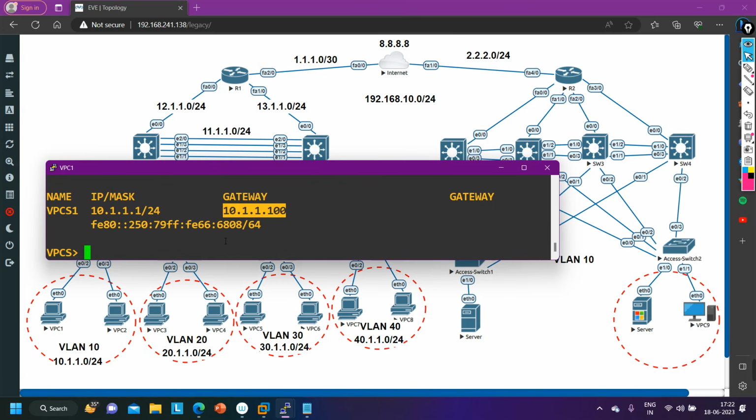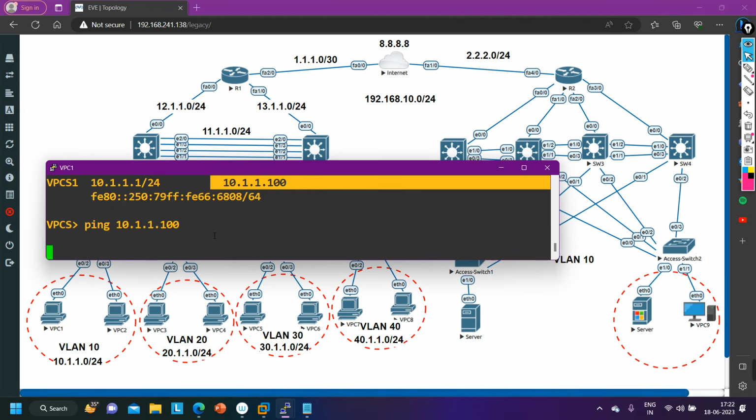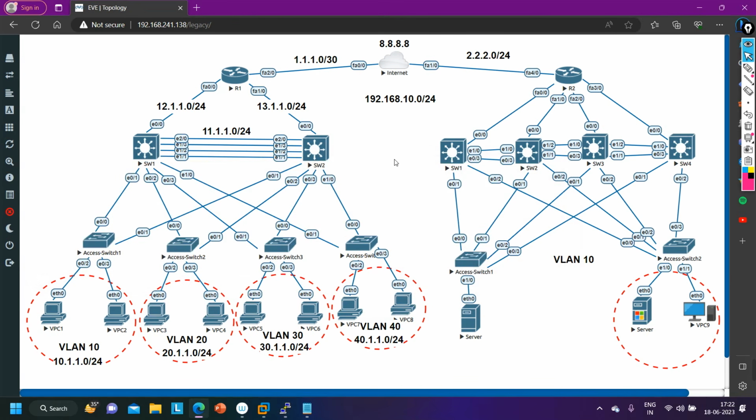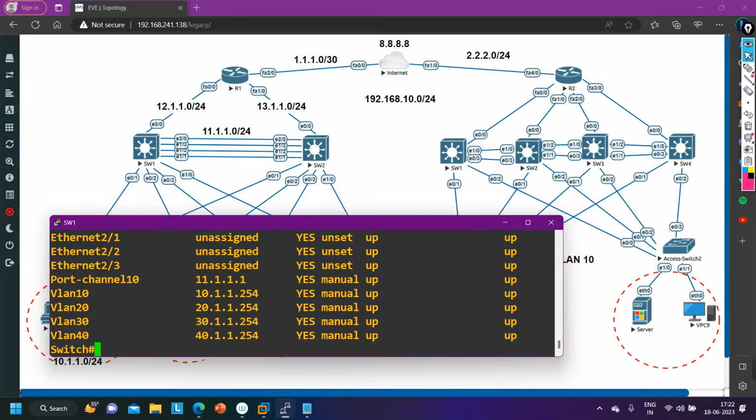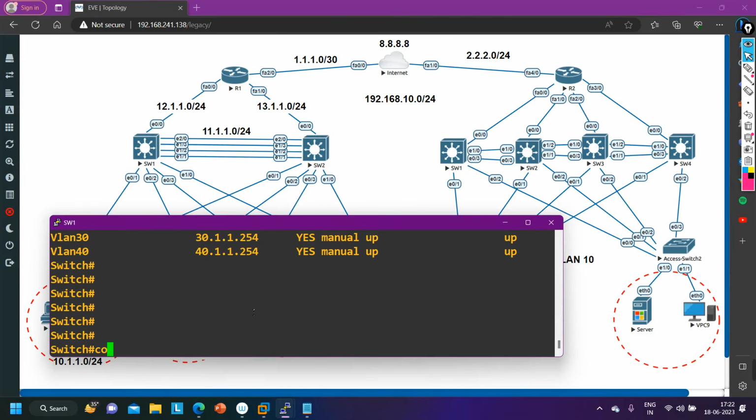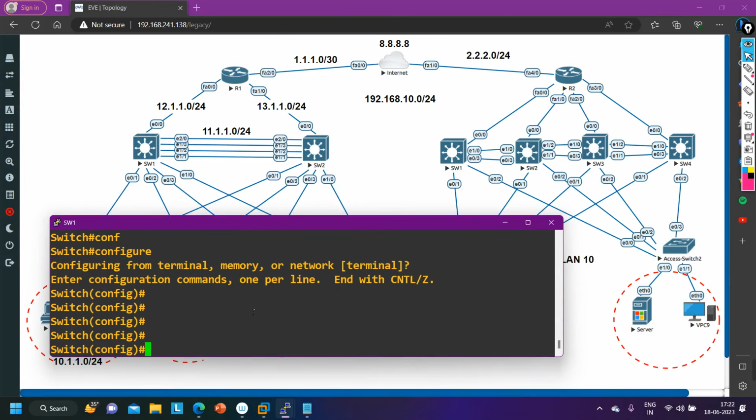So what I am going to do now is configure the HSRP protocol so that this default gateway is reachable from the VPC. For now, if you ping 10.1.1.100, it will not work, as you know, because this IP address does not exist yet. So I am going to configure the HSRP protocol on distribution layer switch 1 and switch 2. So here what I am going to do, say